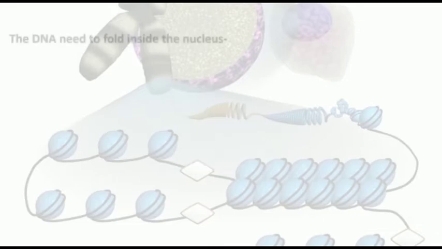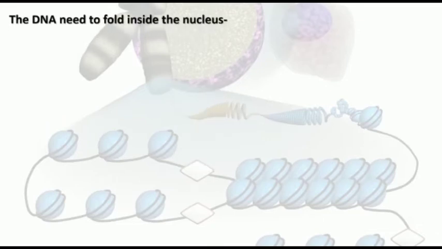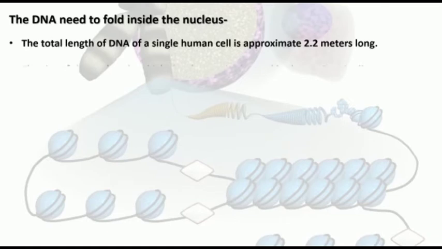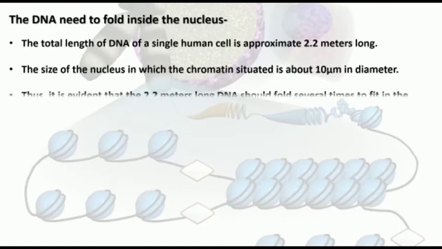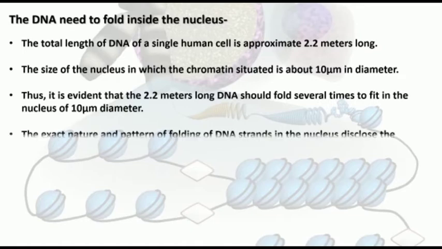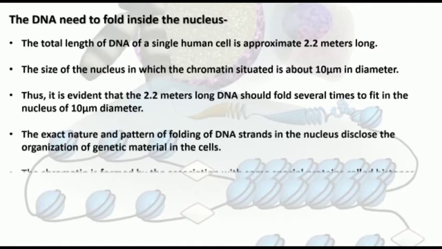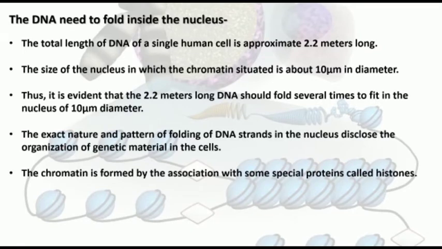Now, does DNA really need to pack or fold in the nucleus? Yes, DNA must be compacted into nucleosomes to fit within the cell nucleus. In addition to nucleosome wrapping, eukaryotic chromatin is further compacted by being folded into a series of more complex structures, eventually forming a chromosome. A diploid human cell contains approximately 6.4 billion base pairs.